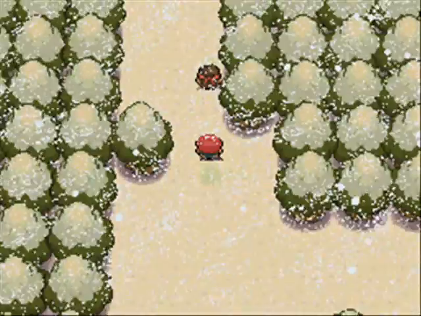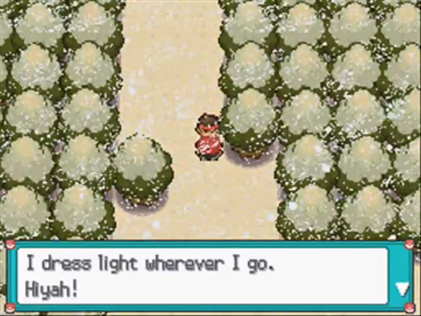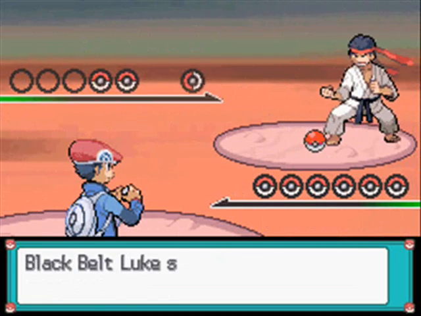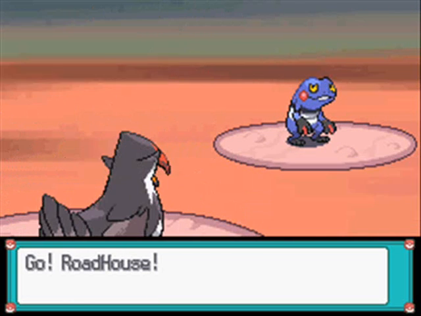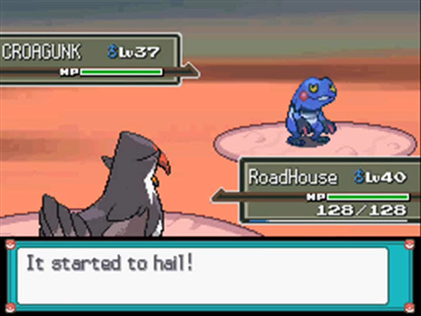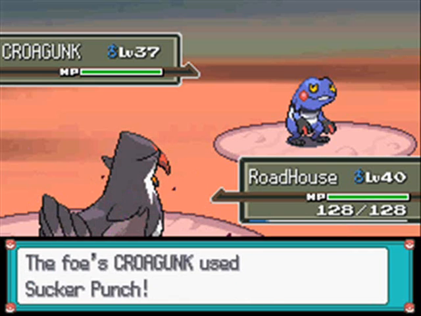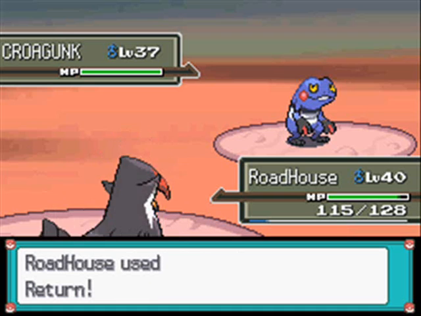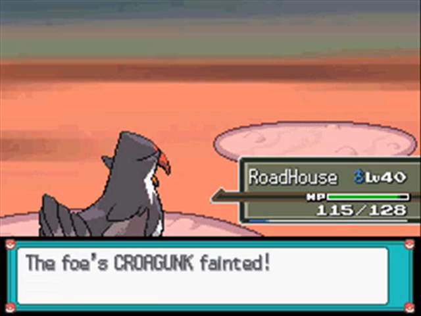So I'm pretty sure this guy's got a Machoke or a Medicham of some sort. I dress light wherever I go. Hiya! So I expect while Maylene was walking past you probably flirted with her. Really? I'm sure of it, probably. You did, didn't you? Anyway, so this new guy here has a Crow Gunk, level 37. Despite the fact that Fly is super effective, I'm just going to use Return. Just because I can't be bothered racking up this hail damage. And I was assuming that that Return would take it out anyway, so...